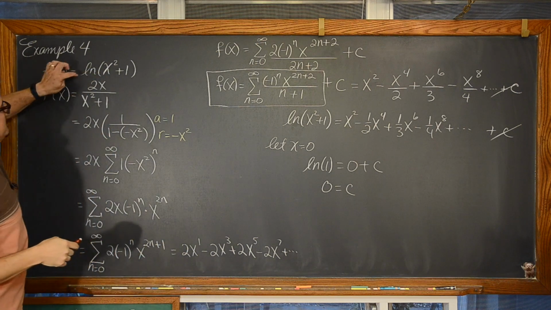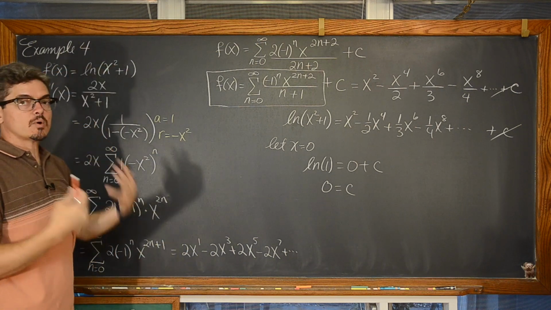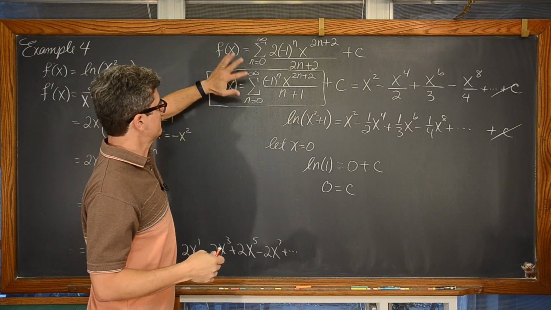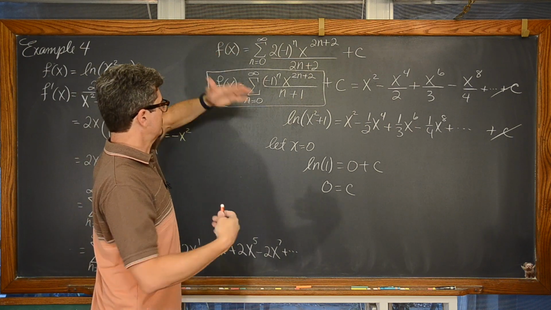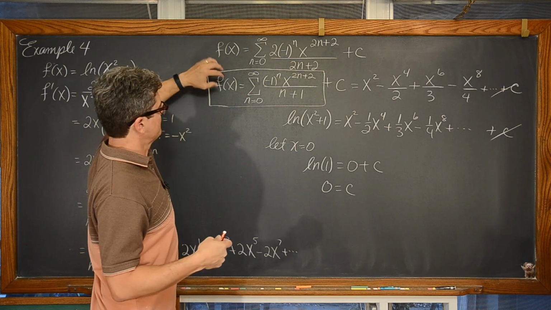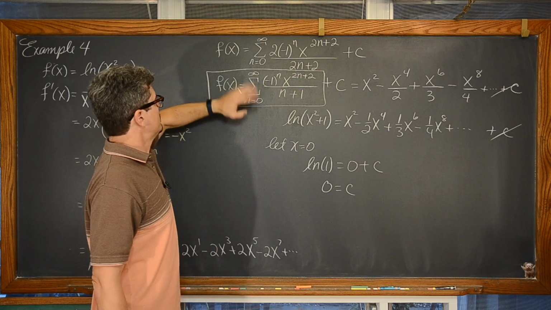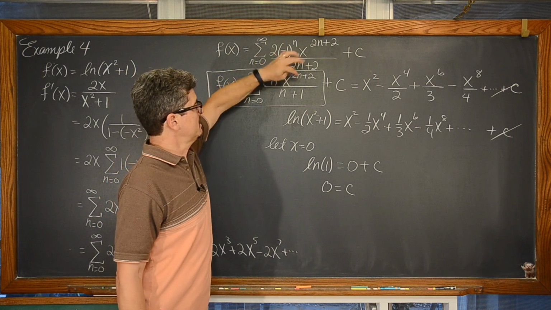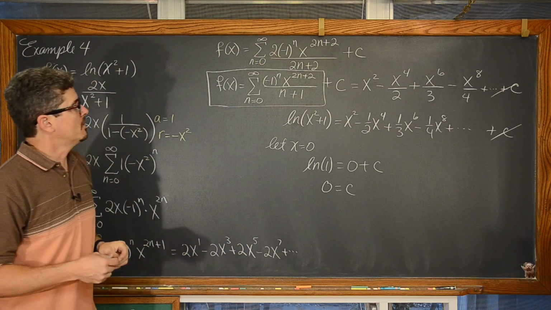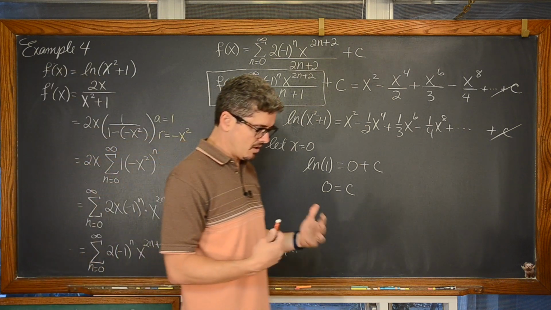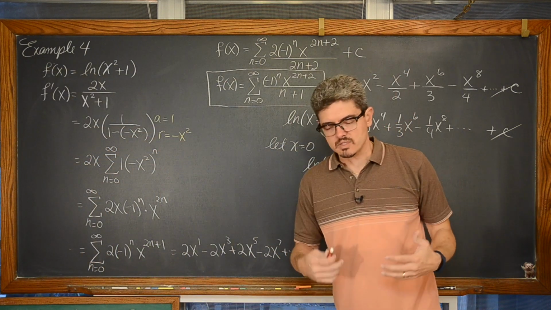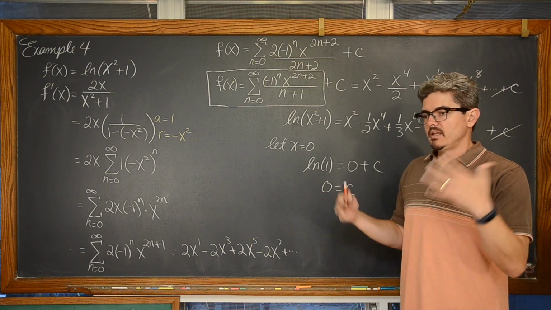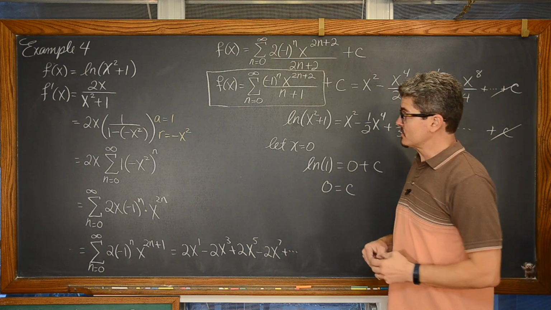So we have f of x, which is the natural log of x squared plus 1, can be represented by this geometric power series. At least that's how we got through it into this series notation. We have for the sigma notation, where n starts at 0, goes to infinity, negative 1 to the n, times x to the 2n plus 2 over n plus 1. Well, you just saw my previous page of notes. If you start using some of these operations of power series, the interval of convergence may change.